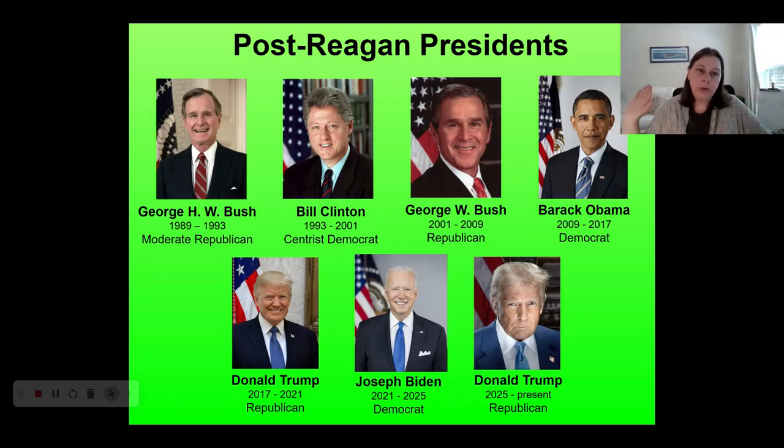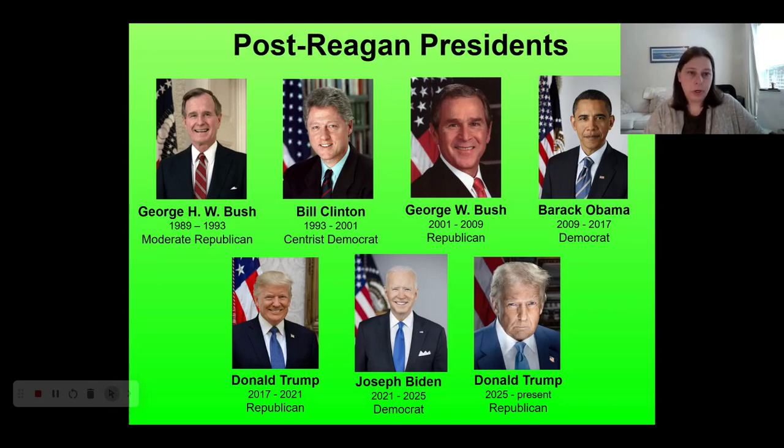In the United States, we do tend to shift between the Democratic and Republican parties, and if you look at this here, we'll see that we're swinging back and forth. We elect a Republican, we elect a Democrat, we elect a Republican, we elect a Democrat. But it's good to know that in the 1990s in particular, the Republicans and Democrats that we're electing are both pretty centrist. H.W. Bush is a pretty moderate Republican. Bill Clinton is quite a centrist Democrat as president, and so their policies are really quite similar. I'm going to talk about a couple of Clinton policies in particular that sound pretty neoconservative.